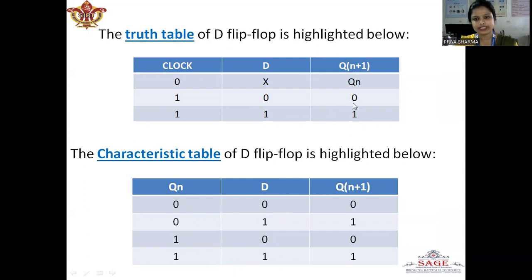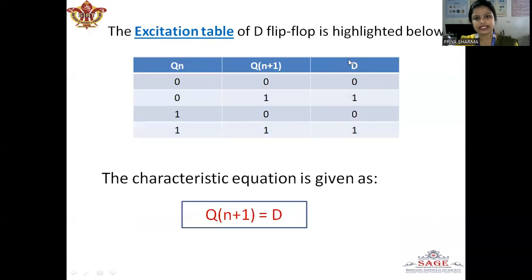For 0, 0, that is for Qn equal to 0 and D equal to 0, the output Qn plus 1 is 0. For Qn 0, D as 1, we get 1. The Qn plus 1 will follow the D. Same is the excitation table. It will follow the output. From there, solving through K map, we get the characteristic equation as Qn plus 1 is equal to D